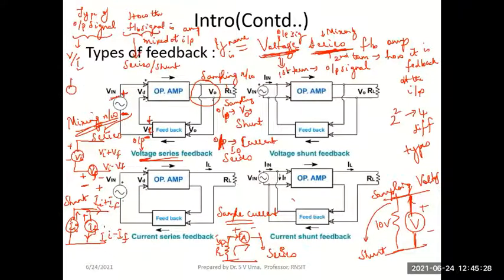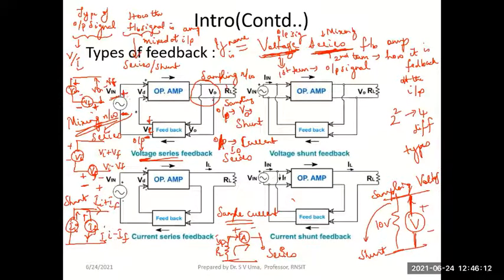If you have Vi or Vin like this, the Vf which you connect should not be in the same direction, but it should be in the opposite direction. Can you see? Here Vin is like this, but Vf is opposing Vi. So the effective signal, what I'm going to see here, will be Vin minus Vf. The feedback signal will get subtracted from this when it is fed back out of phase. And remember, this series connection indicates that it is a voltage signal that is fed back.